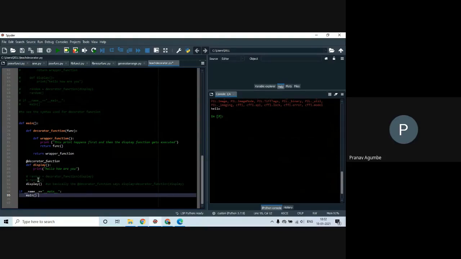I think he's asking, here we have given add decorator function, and below that we have defined the function display.